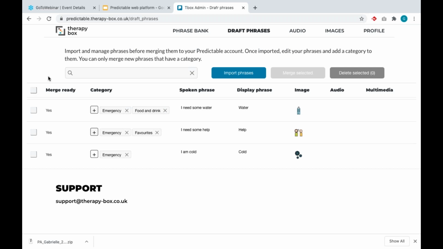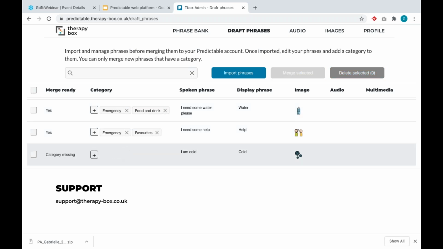So now what I need to do, I'm still in draft phrases, I can do some last minute edits. So "I need some water, please." Help. And that's it. So I can do some last minute edits, and then I can select all these phrases. You just need to make sure you have a category attached.